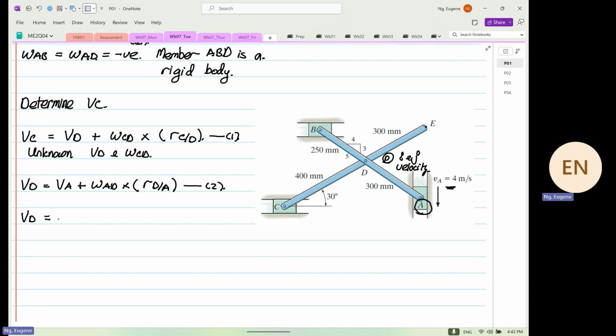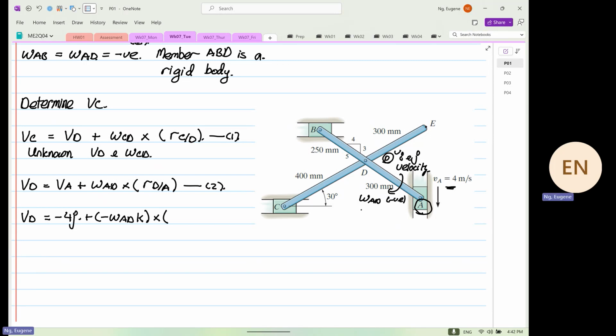VA is equal to minus 4J. Remember, omega AD, we're going to assume it to go in what direction? To be clockwise, so it's going to be what? Negative. Right? Clockwise over here means negative. So plus minus omega AD,